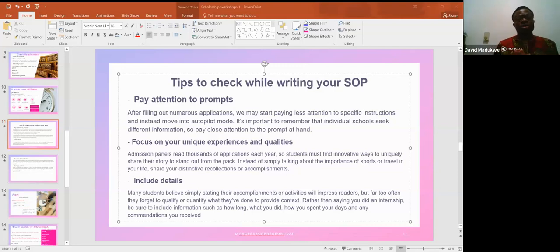The other one is a transcript of records. A transcript of records talks about the different subjects you have taken so far while in school, the grade you had, and the different subjects you took. We have the official and unofficial transcripts. The official one is usually the one the school sends directly to the scholarship board you want to apply to, and the unofficial is the one you get